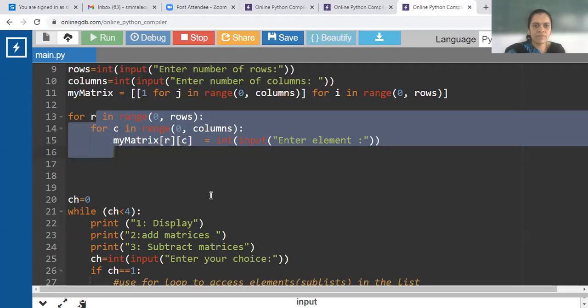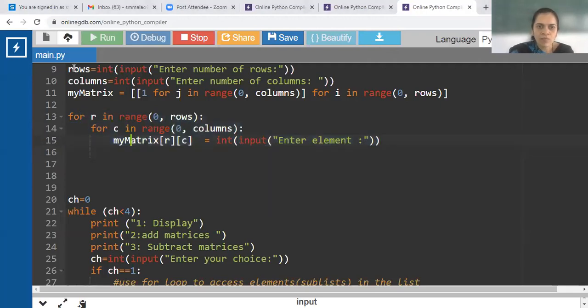Okay. So this is how we accept elements in a list. In our program, we have to create 2 matrices, matrix A and B, or matrix 1, matrix 2, whatever you call it, and perform addition, subtraction, multiplication, transpose, and if possible, other operations on those 2 matrices.